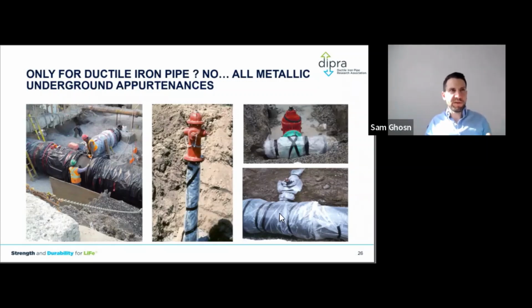There are other options for fittings, valves, and hydrants out there. They tend to be more expensive, but if you're worried about whether you should protect or not, simply put polyethylene encasement on it if you're considering not to wrap it at all. Okay, but if you already have a program of installing anodes or mastic tape or petroleum tapes on those fittings, valves, and hydrants, then you're free to do so. What matters to me is you protect it no matter what.